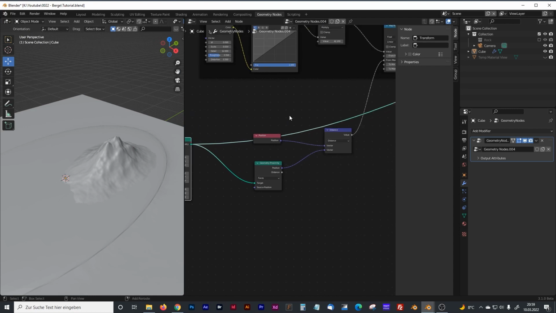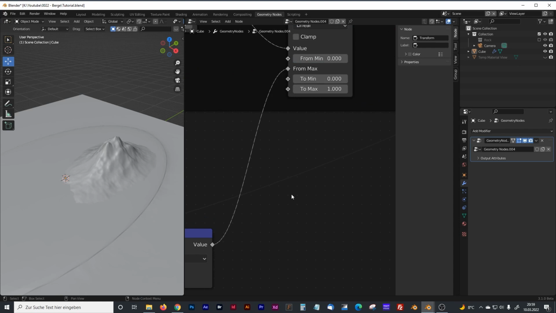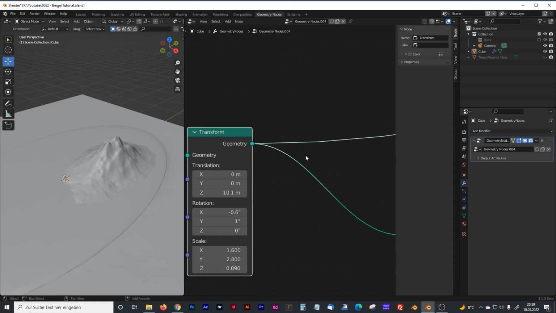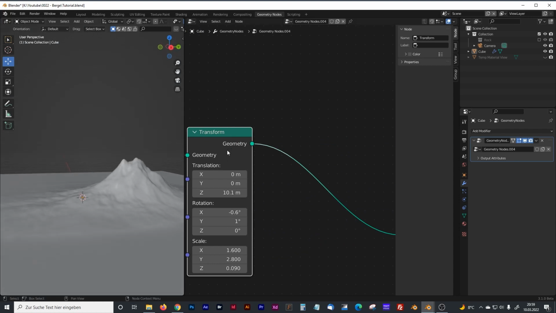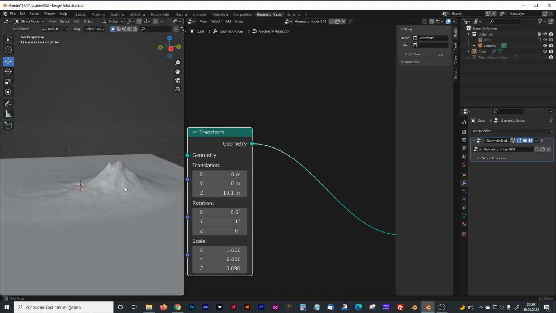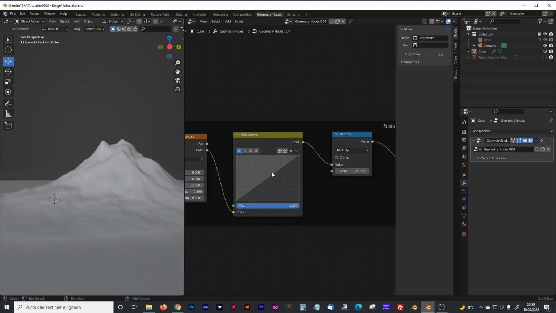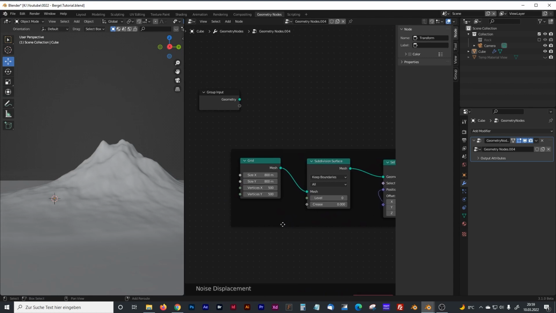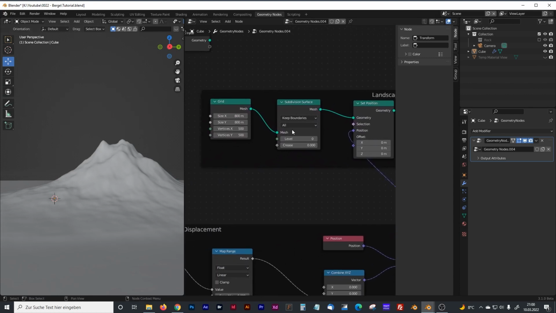So now we can turn off our connection to the geometry node, and as you can see, we got some pretty cool looking mountain. And now when you, where is our subdivision surface? Here it is. Now when you increase our level of subdivision surface, you will see that we get some pretty